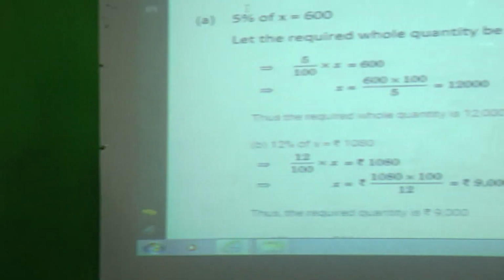In the previous class, we had learned about comparing quantities. We will learn some more examples related to it. We had tried to solve fraction to percent, decimal to percent. Today we will learn about the whole quantity, so how to convert into percent if the quantities are given. We will have some examples related to it.